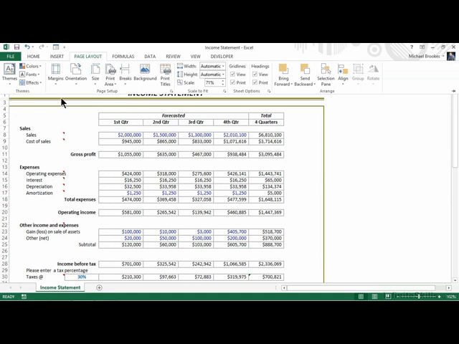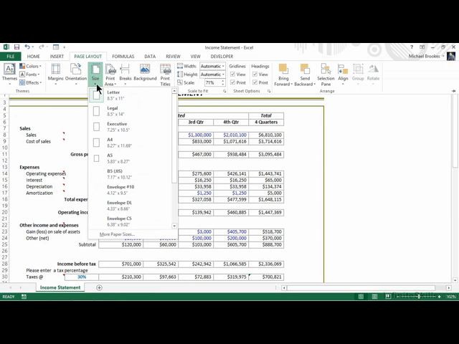Of course, there are a variety of things that we would normally want to take a look at. We would want to ensure that the margins were correct, that the page orientation was set to portrait versus landscape, that the size of the paper was set to letter or maybe legal, which is often necessary with these types of documents. What we need to do, though, is make sure that the print area is set, because we have